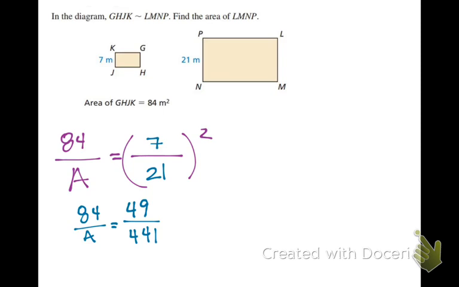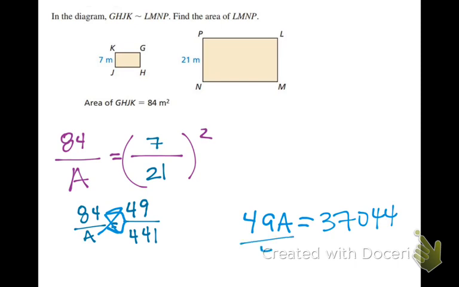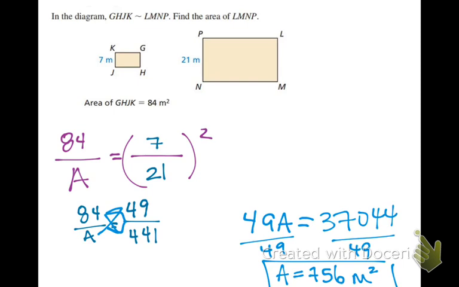All right, cross multiply. 49A equals this number I do not remember. 37,044. Divide by 49. The area equals 756. We are in meters squared. Looks like a crazy answer, but look how much larger this rectangle is. If this one was 84 meters, this one could surely be 756. So from here,